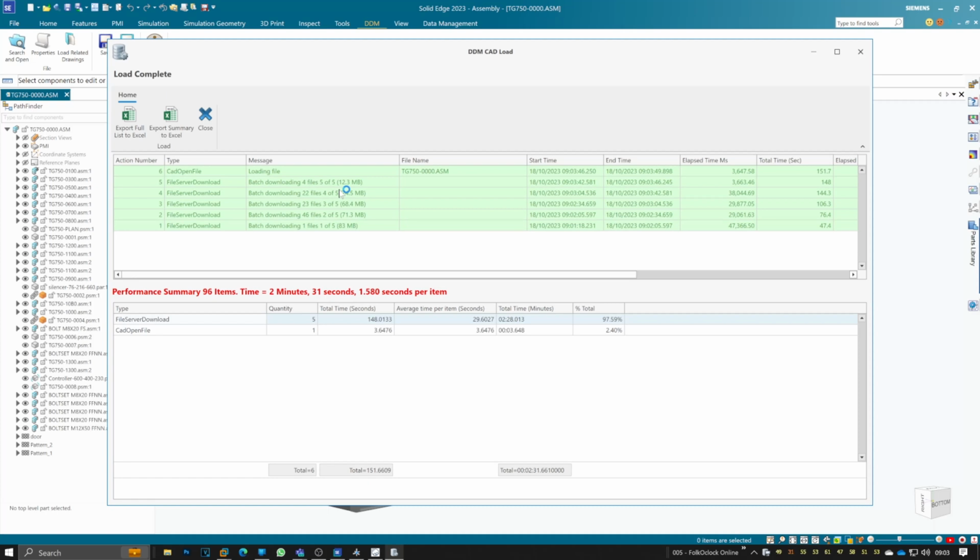So the load has finished, and we can see that the total load time was 2 minutes and 31 seconds. Bearing in mind we are bringing 96 files across a wide area network. Okay, I'm going to close this dialog,